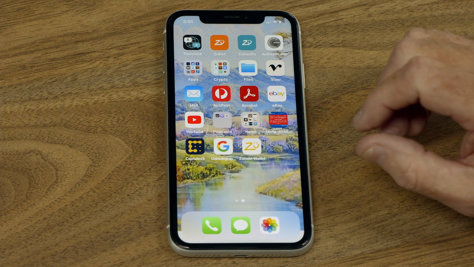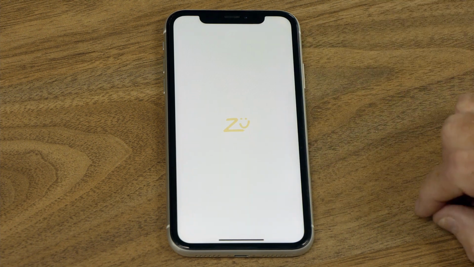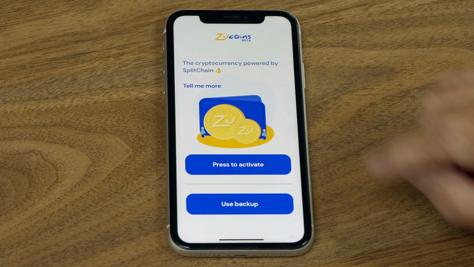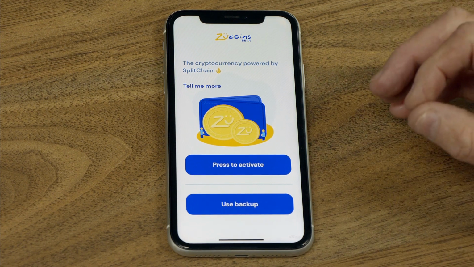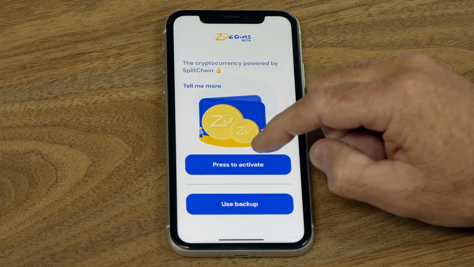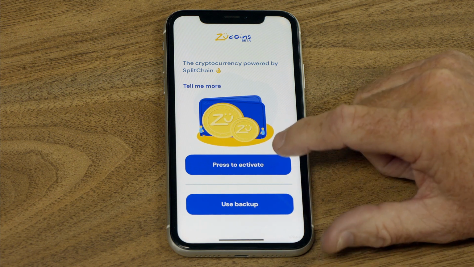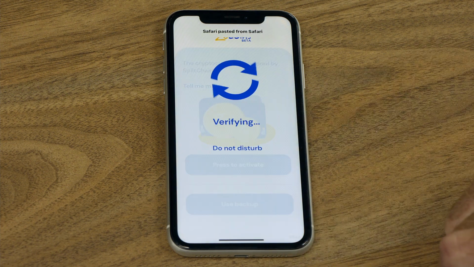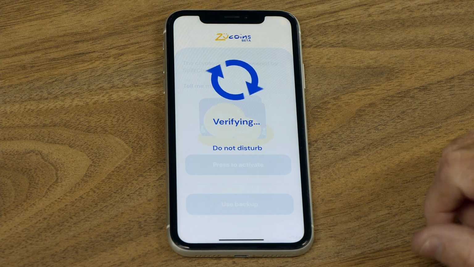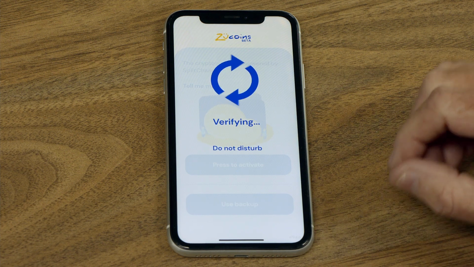We're now going to go into stage 2, which we've pressed the icon, and we're going to activate. So stage 2 is to activate the wallet. Now it's very simple. We're not going to use the backup. We're going to use the press to activate. Press the activate button. It's verifying this against the network now, and this can take a few seconds to a